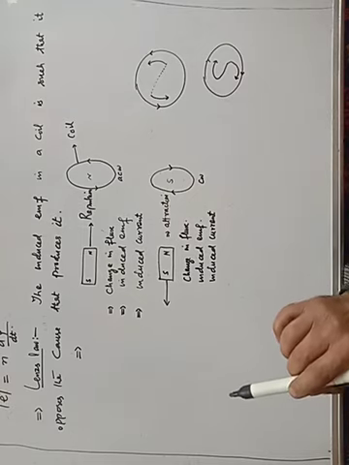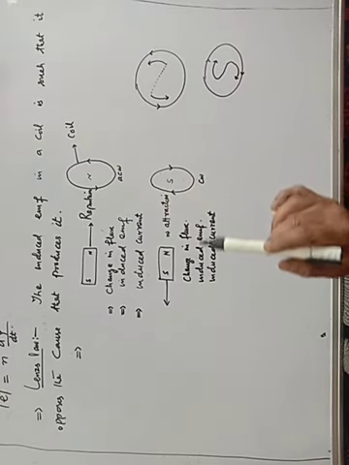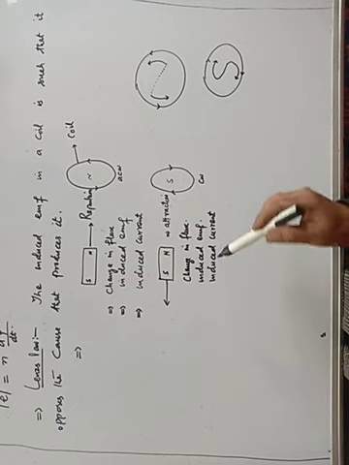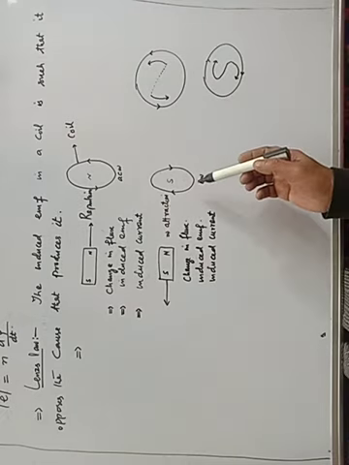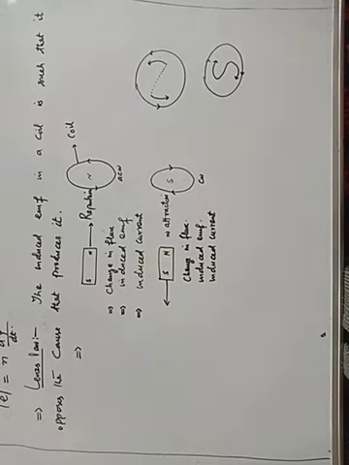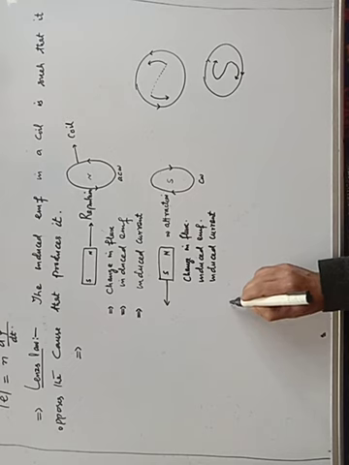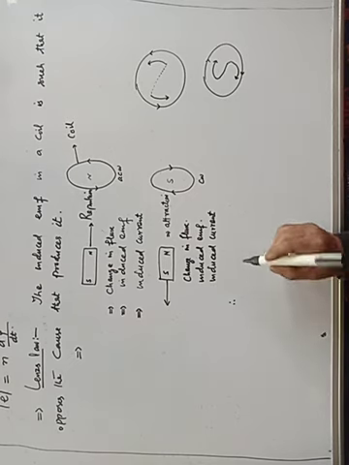So when north pole is taken towards or north pole is taken away, in first case there is north polarity on the nearer end or nearer face. In second case there is south polarity. In first case there is repulsion, and in second case there is attraction. So this is known as Lenz's law. Therefore, Faraday's second law,